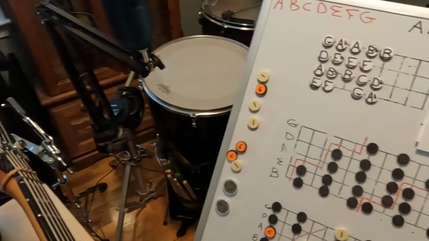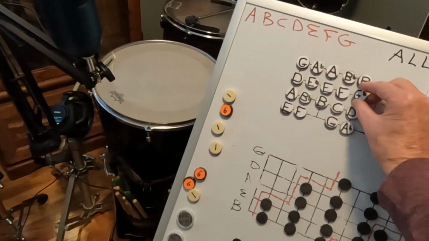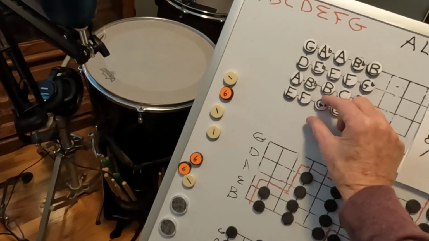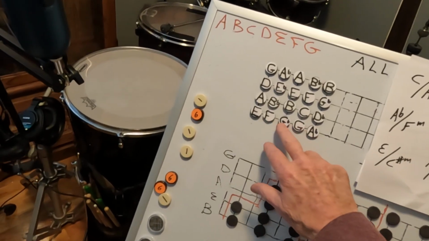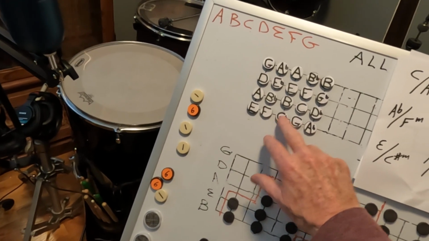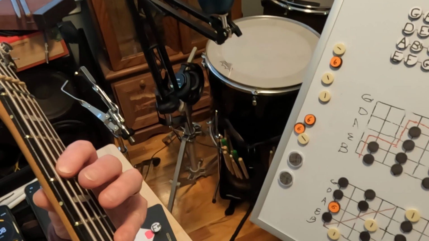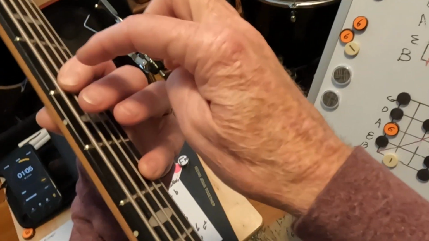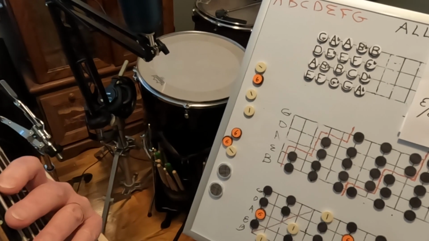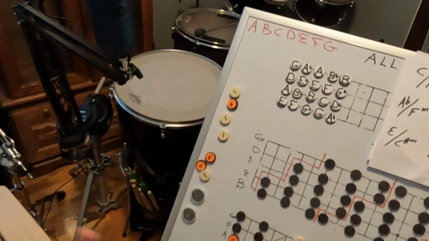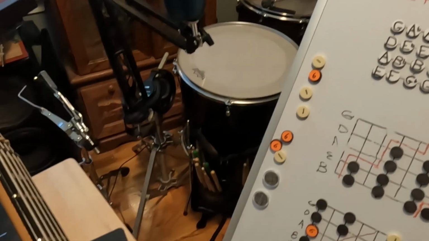And finally, F sharp or G flat. We're calling it a G flat just because that's basically the way the most common keys are. And it's the second fret of the E string and the fourth fret of the D string. Right there, can you see that? All right, so that's all the notes in the first position